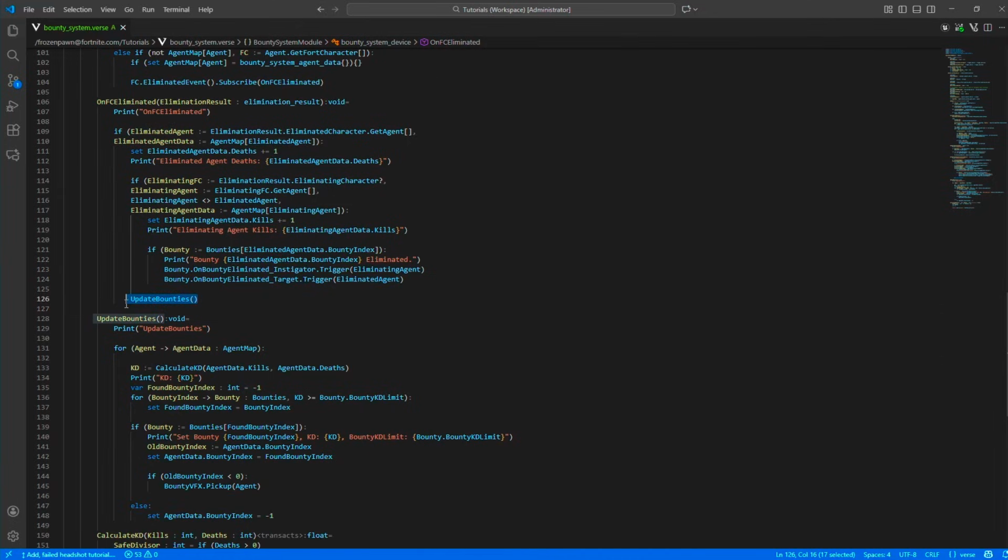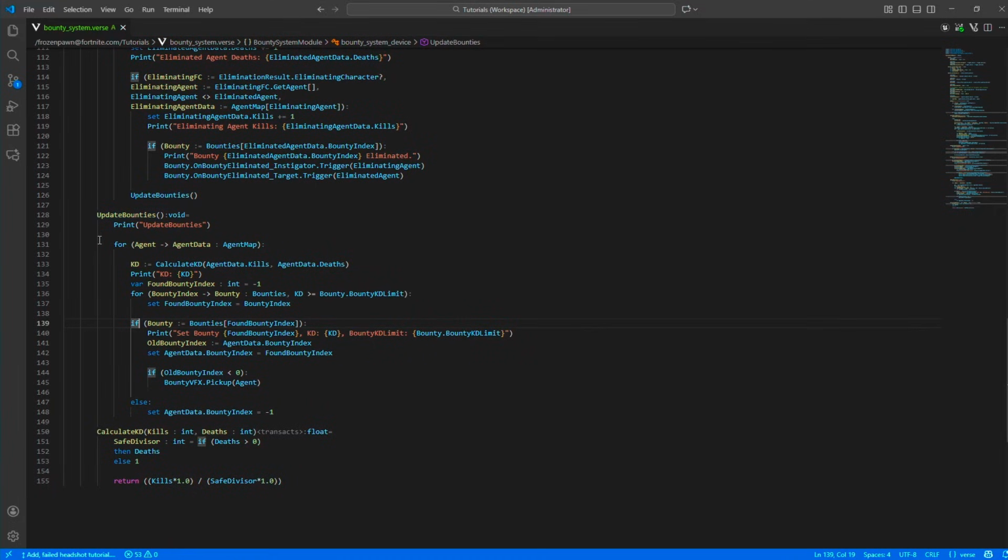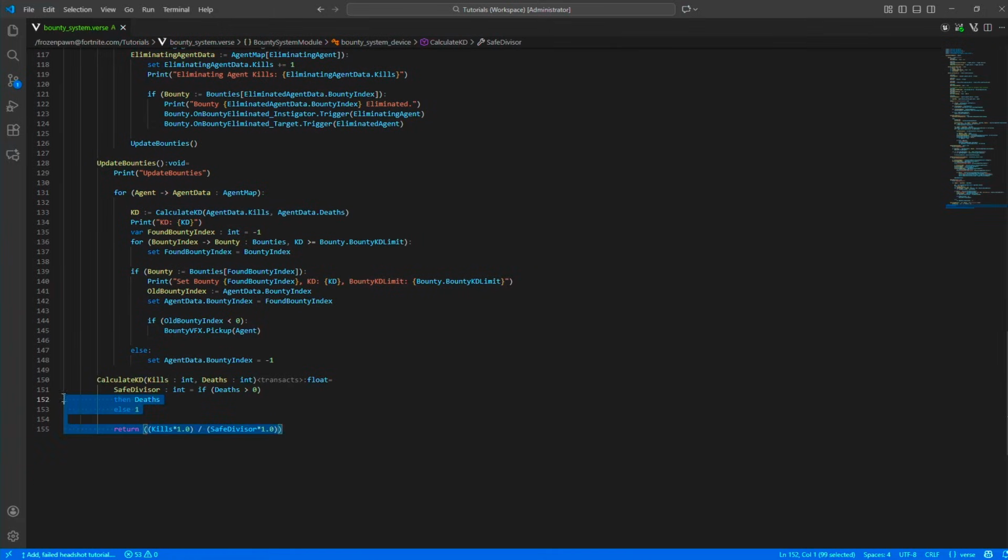And then we update the bounties, and here for all the agents in this agent data map, we calculate the KD, which uses this function. Actually, we didn't need a function there because it's only called in one place, but whatever. So we just make sure this stats is at least 1, and then we just divide the kills by that value. And so we look for all the bounties, and if the KD is greater than the bounty, we